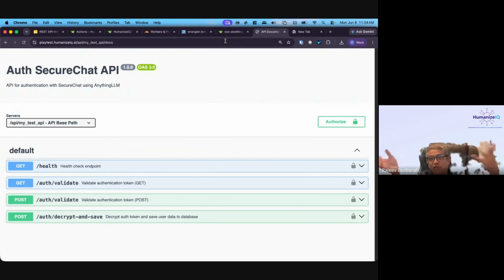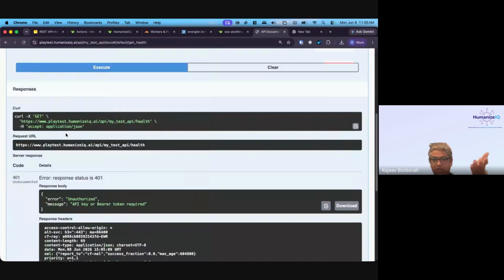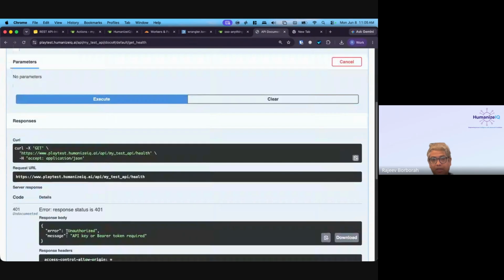Once it deployed, one go, no changes needed, right? So 15 minutes, 5 deployments, we got it working, we got it deployed, playtest URL, basically. That's how the front-end application also works, by the way. Now this is the default. This has the health endpoint like we have. We can test it using curl. So there's a problem here. The health endpoint is asking for an API key. So that's the first defect we should fix, basically.